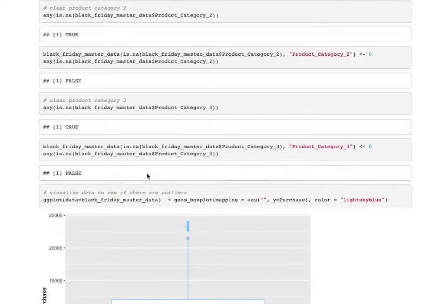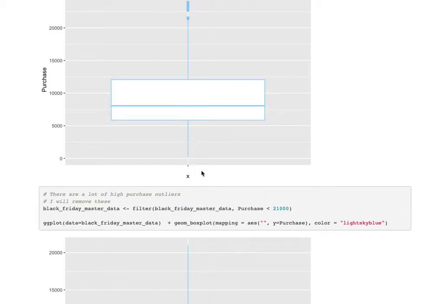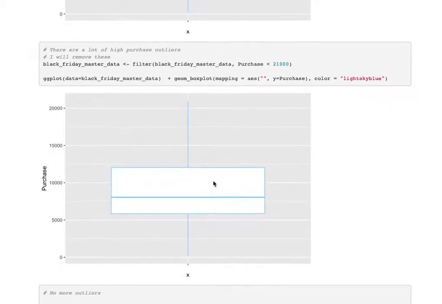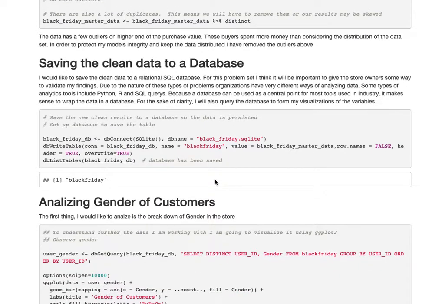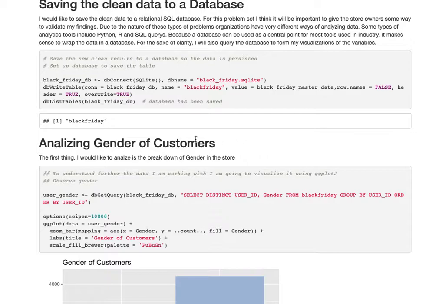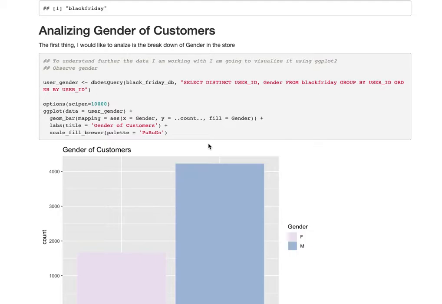So I go through some of the steps of cleaning the data, removing outliers, as you can see with the box plots. And then once the data is all clean and I'm happy with the data set, I back it up to a database. I'm going to query this database, but I think it's also important that I hand over something that the store could use to verify against my data and my findings that I eventually will present to them. I feel that SQL is a little bit more universal than R scripts. So starting off,